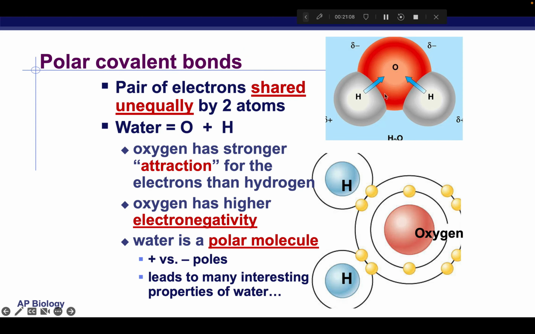So both of these bonds are polar, meaning that oxygen is pulling on those electrons more strongly than hydrogen. And so the electrons will be pulled closer to the oxygen than the hydrogen. They're more strongly attracted towards the oxygen and less towards the hydrogen. Okay? Because of this, if we look at the molecule as a whole,